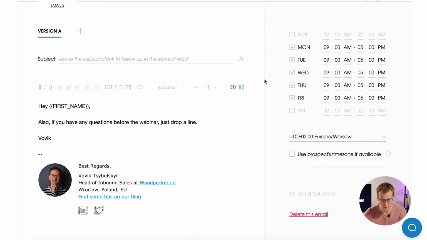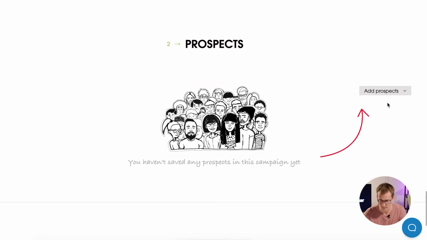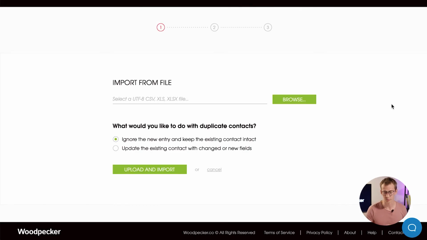All right, I think my sequence is ready, and now I want to move to prospects. So basically, there are 3 ways of adding prospects: import, manual, or from database. I'd like to show you how you can import your prospects from a CSV, XLS, or XLSX file. But before I add my file,